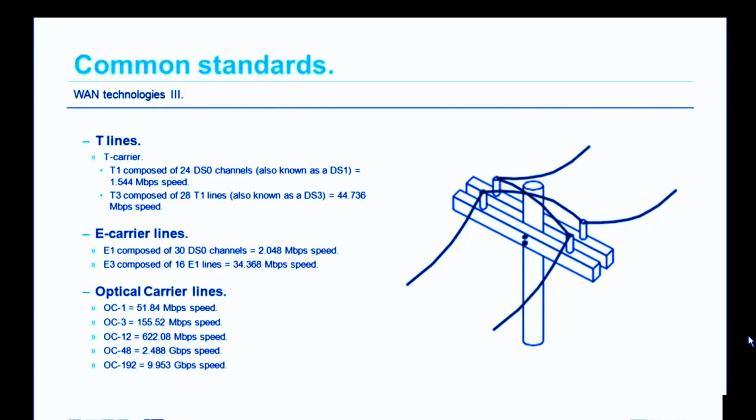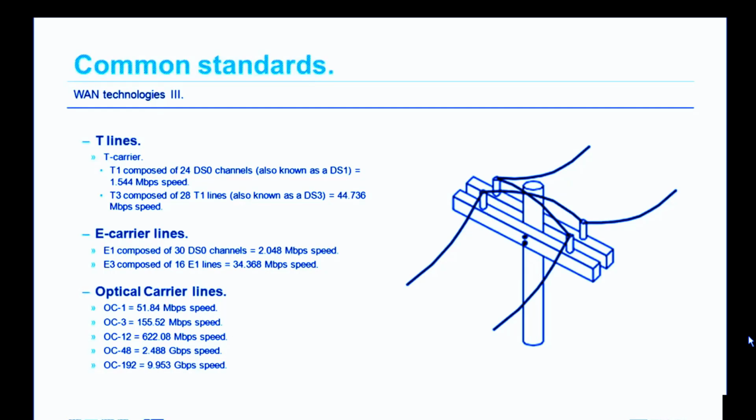A T1 is composed of 24 DS0 channels, which are also known as a DS1, and it's capable of achieving speeds of up to 1.544 megabits per second. If that's not fast enough for you, you can lease a T3 line. It's composed of 28 T1 lines. Now, a T3 line is also known as a DS3. And it can achieve speeds of up to